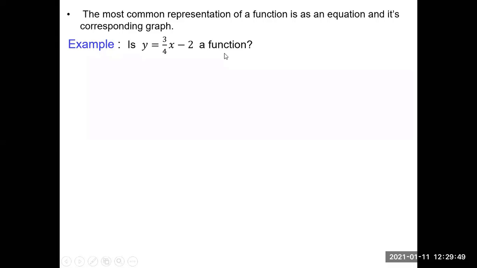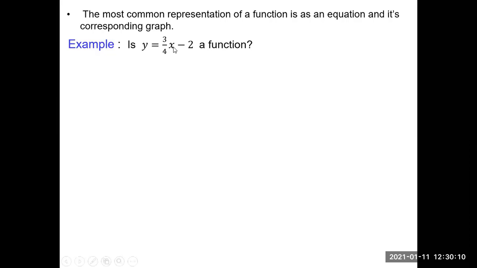So if we take a look at an equation, what if I ask, is y = 3/4 x - 2 a function? Well, remember, we're going to learn a lot of different types of equations, but in order to be a function, every x that I choose has to give me only one y value. Okay, well, if that's the case, then the reason this is in fact a function is that